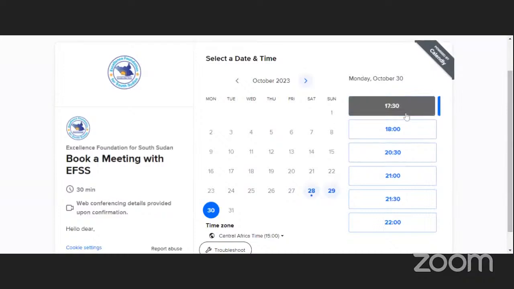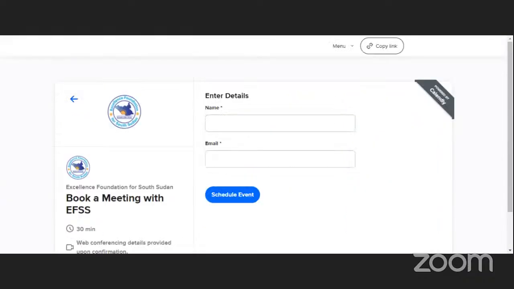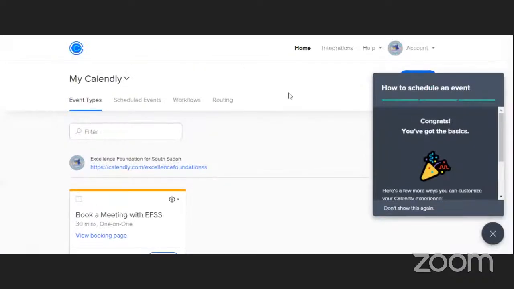then you click next, and then you put your name, and then your email, and then you schedule a meeting with us. You see that? We will receive an automatic meeting invite in our email. Also, you will receive a meeting invite in your email, with a Google link. So when the time for the meeting comes, we just join the meeting. This really saves a lot of time that you would spend discussing meeting times with someone.